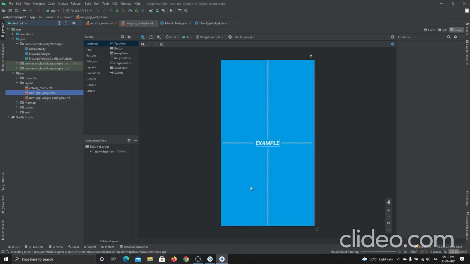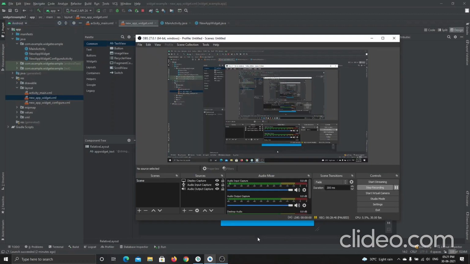In this layout, what you can do is just edit the options. If you want to enter some data, you can directly enter it here by giving one text view, one button, and one image view. You don't need to code here either. Okay, it will just use the inbuilt configuration files to implement that. Okay, let me show you once this Gradle build finishes. Okay, see, now the application has been installed.